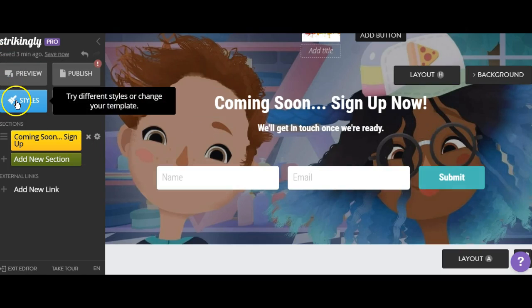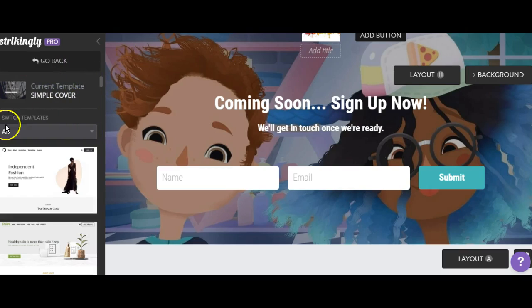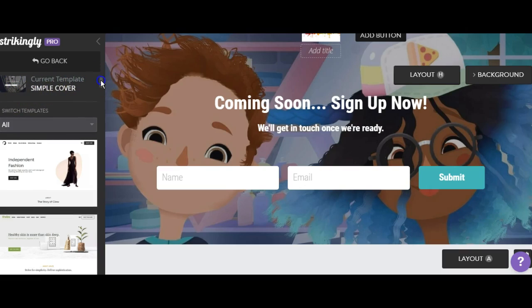Okay, so styles, you can literally change these styles. Let me show you that real quick. So this is the template right here. If you decide you want to change the template, then you just click this button here and it tells you what your current template is, right? So it says current template is simple cover, and you can scroll down